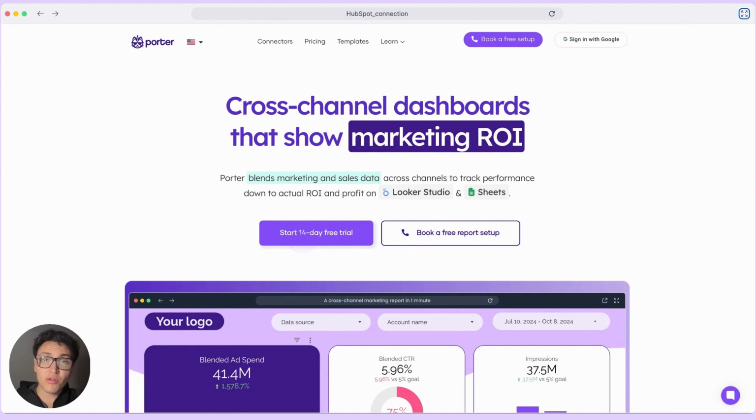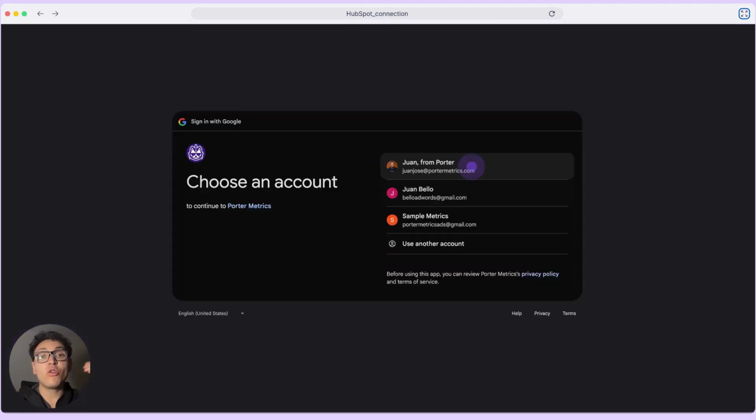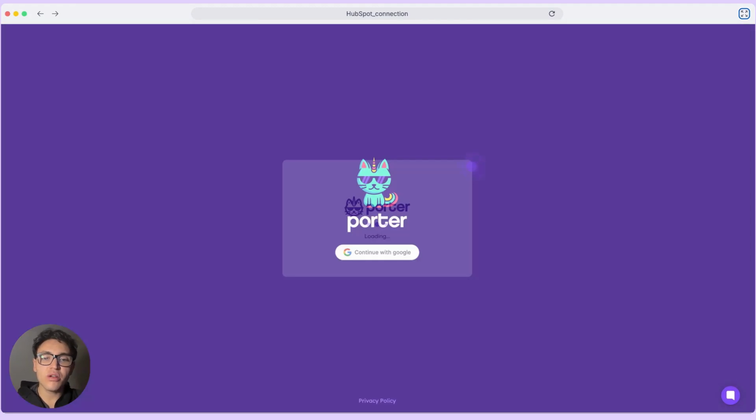To connect your HubSpot data to Google Looker Studio, go to powermetrics.com and start a 14-day free trial. By the way, we already have a free forever plan as well. Select the free trial, log in with the same Google account that you use on Google Looker Studio, and once